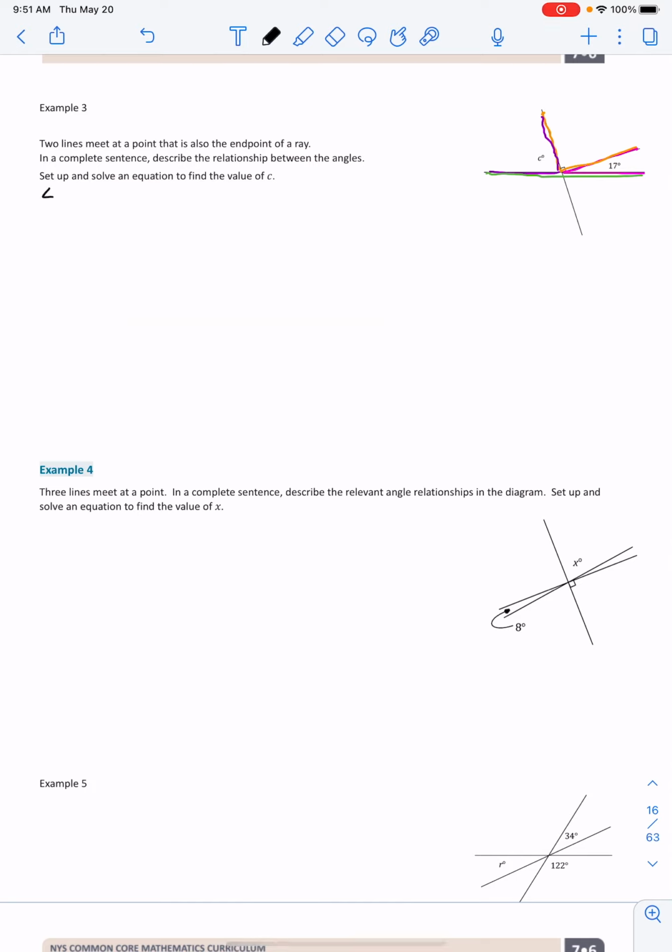So angle C degrees. And this is a 90-degree angle again. So write that in. Angle 90 degrees and angle 17 degrees form angles on a line